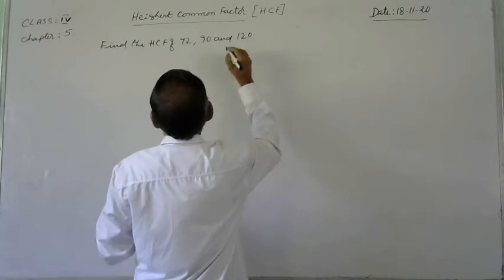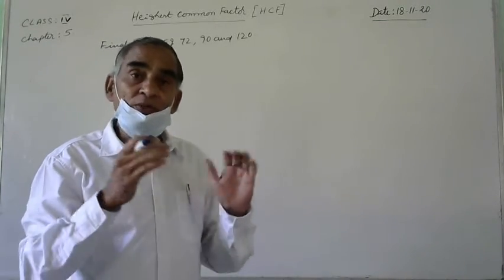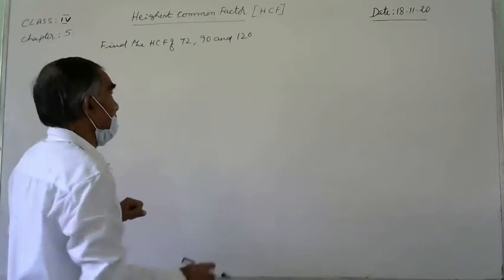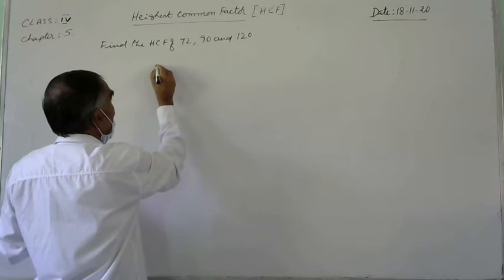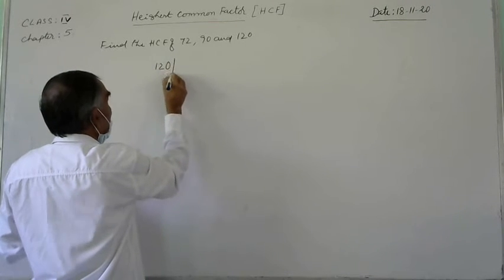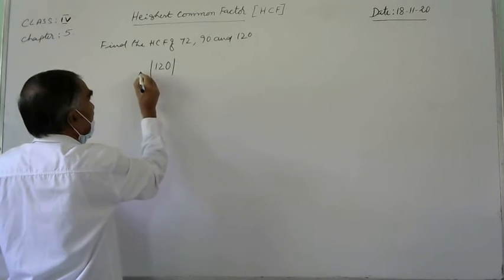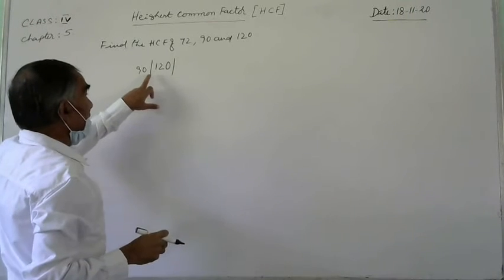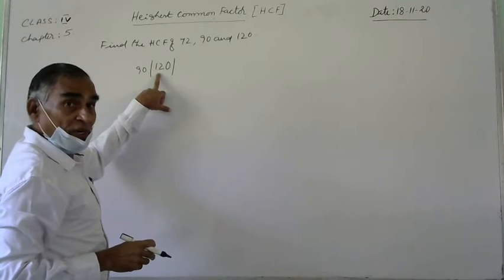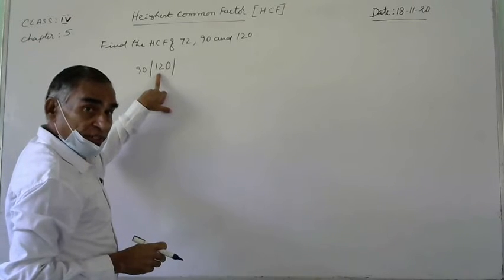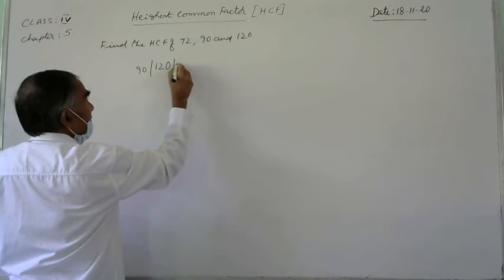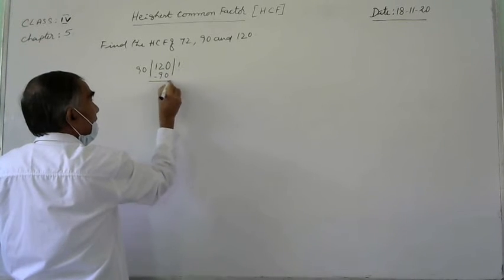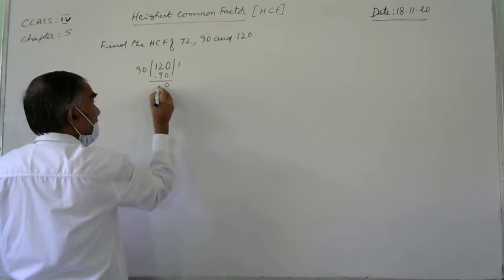Now here, what is the biggest number? Here no method is given, so you have to apply the second method, that is the long division method. That is the easiest. Here, what is the biggest number? 120. We divide 120 by 90. 90 ones are 90, because 9 ones are 9, 9 twos are 18. ये 12 है ना? 12 बड़ा है, 18 से छोटा है. इसलिए 90 ones are 90, minus 120 minus 90 is 30.